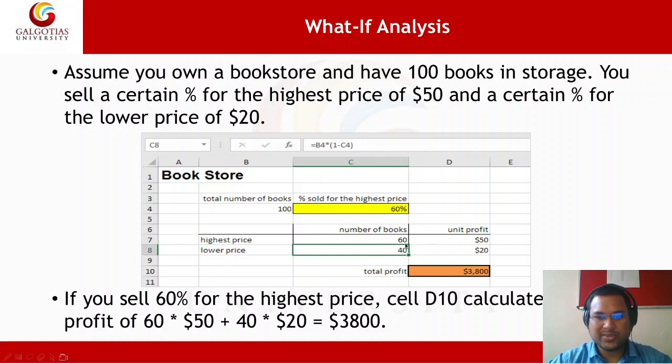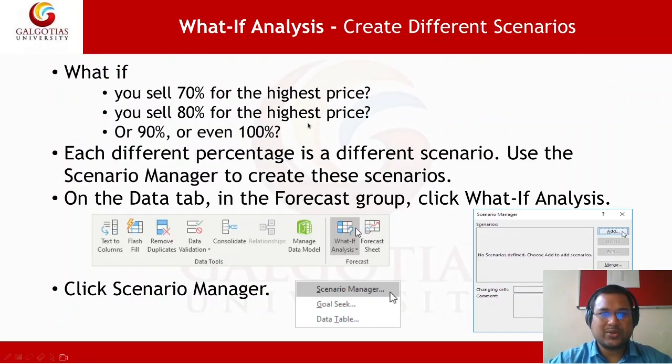Now suppose you change this value from 60 to 70, what will be the profit? If you change this 60 to 40, what will be the profit? That way you can come up with scenarios. So first you have to do what-if analysis, and in what-if analysis you can have scenarios, goal seek, or data table.